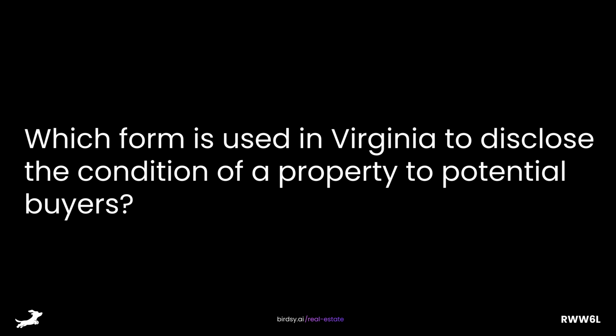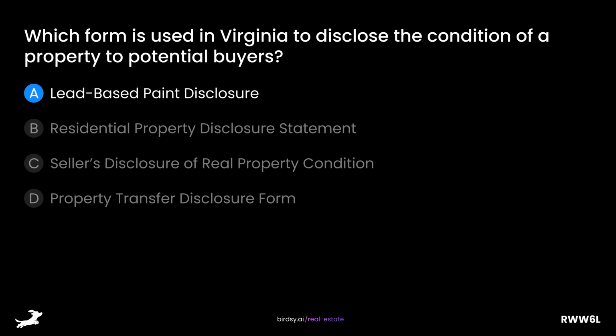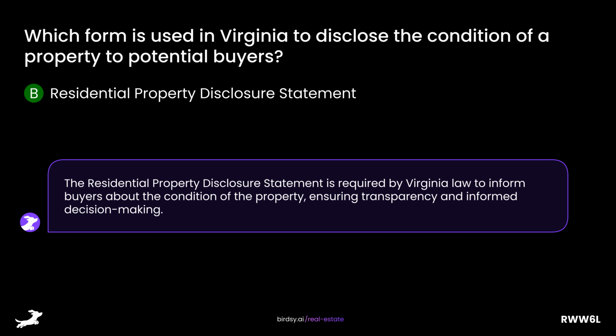Which form is used in Virginia to disclose the condition of a property to potential buyers? Is it A, lead-based paint disclosure, B, residential property disclosure statement, C, seller's disclosure of real property condition, or D, property transfer disclosure form? The answer is B, residential property disclosure statement. The residential property disclosure statement is required by Virginia law to inform buyers about the condition of the property, ensuring